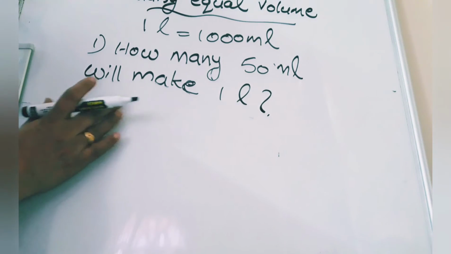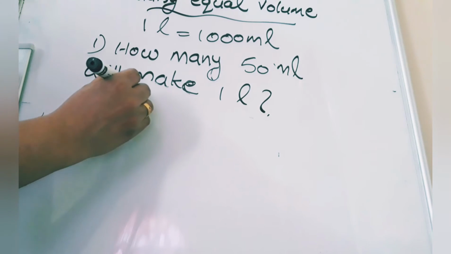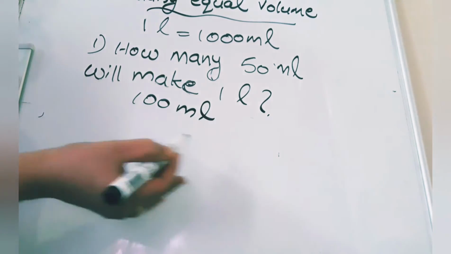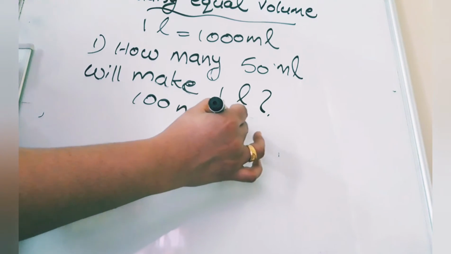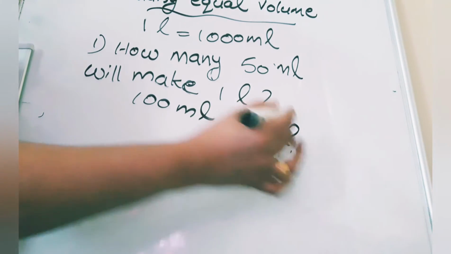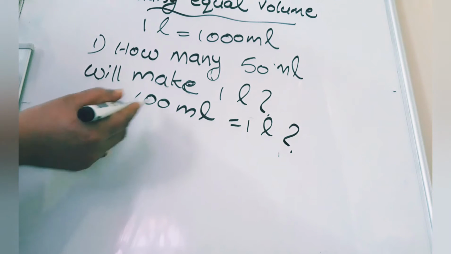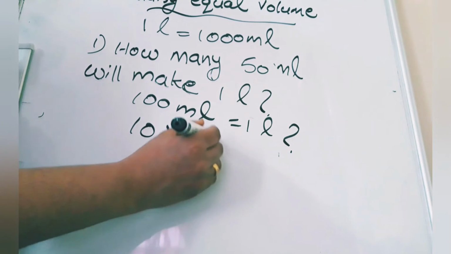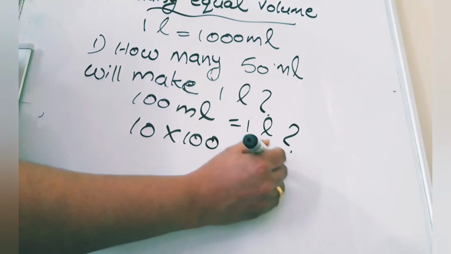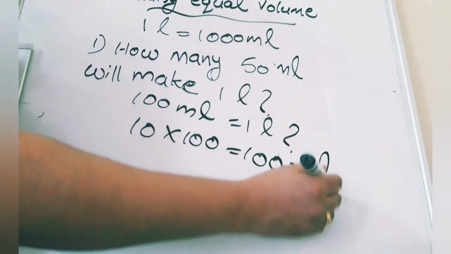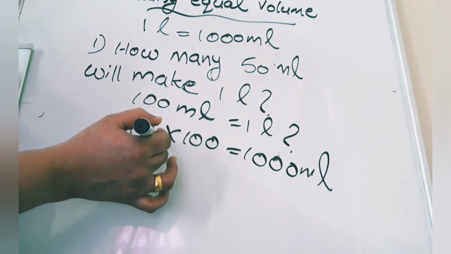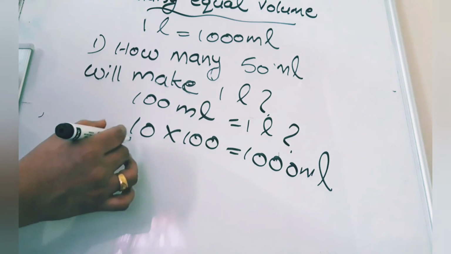So here in this I can tell you one easy form. When 100 means 100 ml, how many times did we take to get 1 liter? 1 liter, how much? How many 100 ml? 10. 10 into 100, remember, 10 into 100 is 1000. Right? Now I should take tens double. Tens double is what? 20.